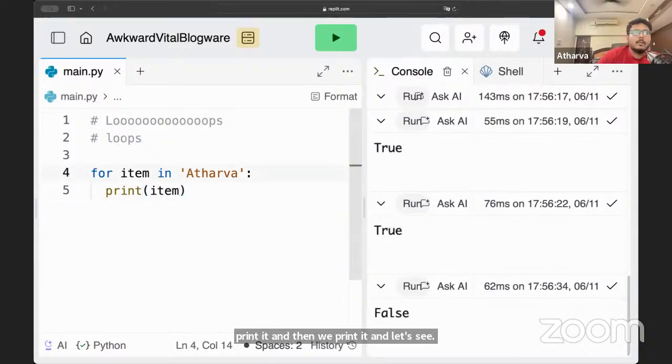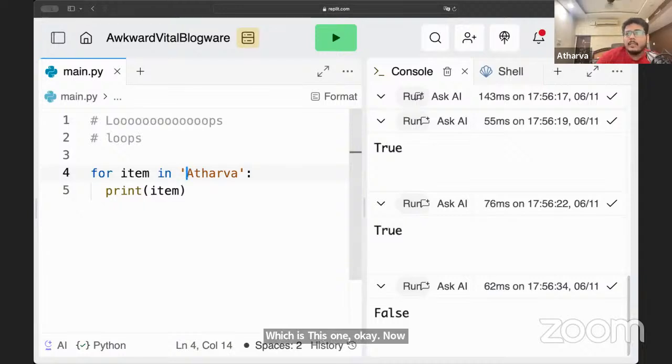So what does this say? We are using a loop. For is a keyword that says use a for loop. For is a type of loop. We are saying use a for loop. In says in an iterable. So this part is the iterable.